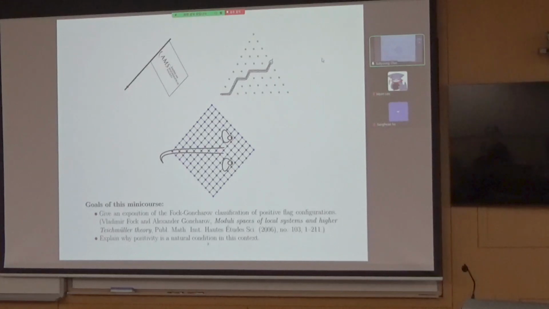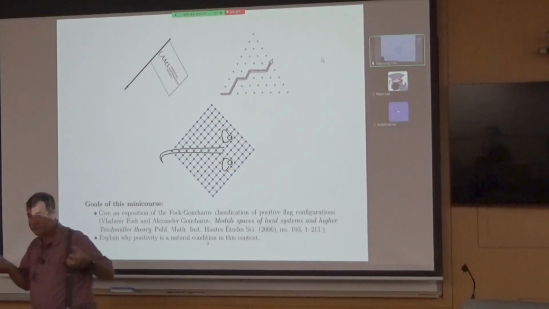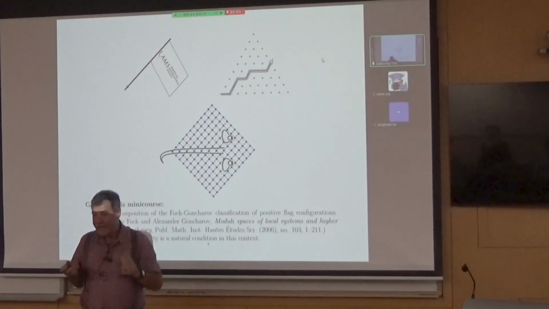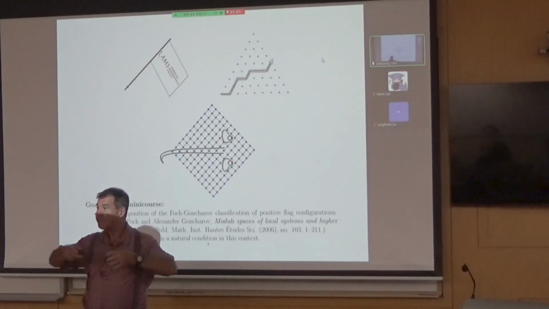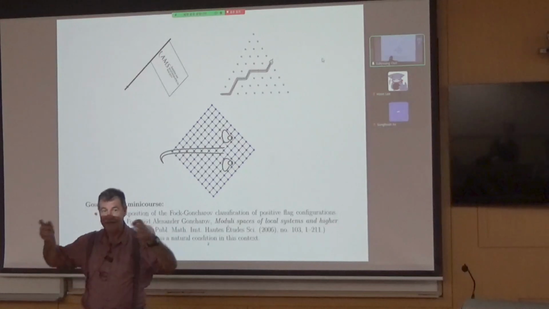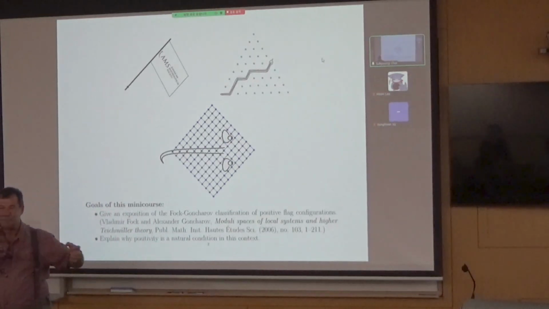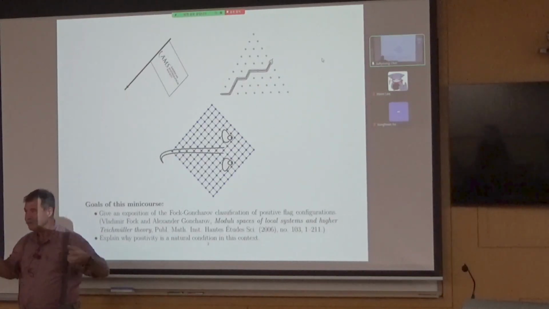And the main thing I would like you to get out of this mini course is why this notion of positivity is important. You know, when I was 10 or 11, I learned about negative numbers. I mean, prior to that, I only knew about positive numbers. And after that, I always thought that there was a symmetry in the world, positive and negative. Okay, for my bank account, I knew there was a difference. And for temperatures also, but somehow mathematically, I thought there was no difference.